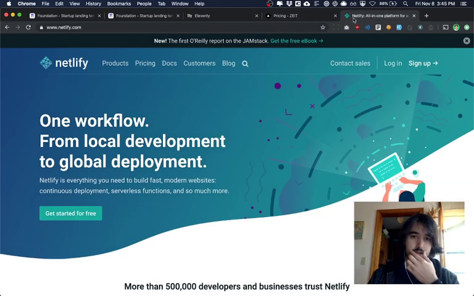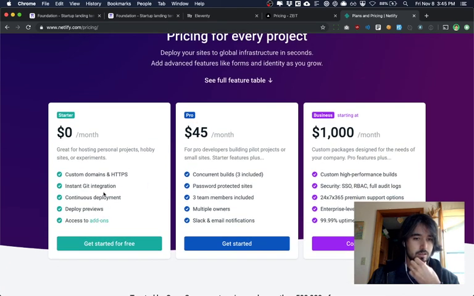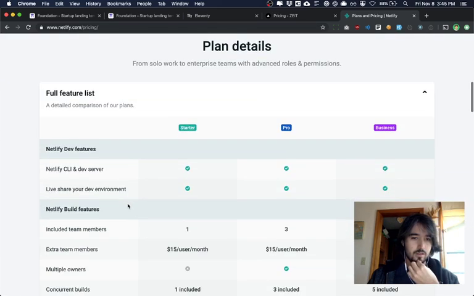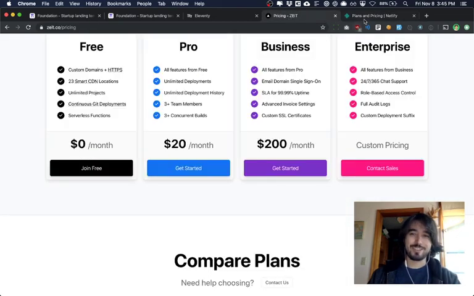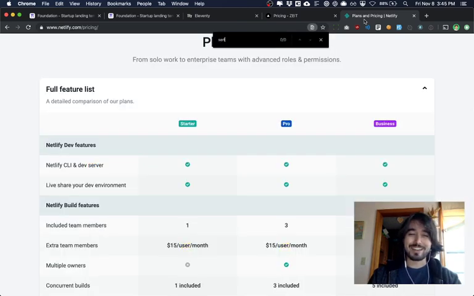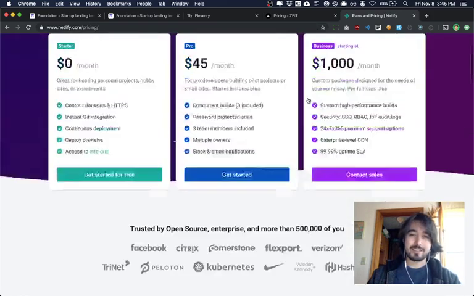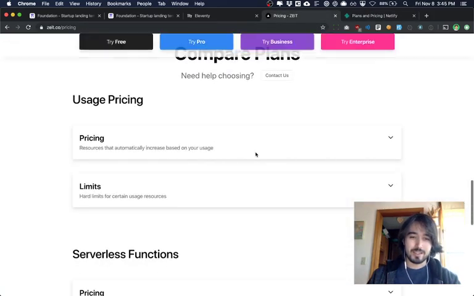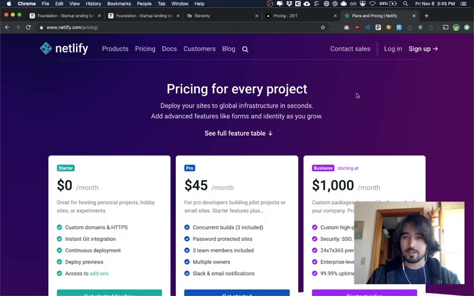This has serverless functions. I think Netlify does the same thing, but concurrent password project, multiple owners. Plan details. I don't think we're gonna need serverless functions. I don't know why I'm looking up serverless functions. Why am I doing this? Okay, anyways, it's just something to compare them on, I guess. But I just think Netlify is much more well known in the industry and it might be more reliable. I think,